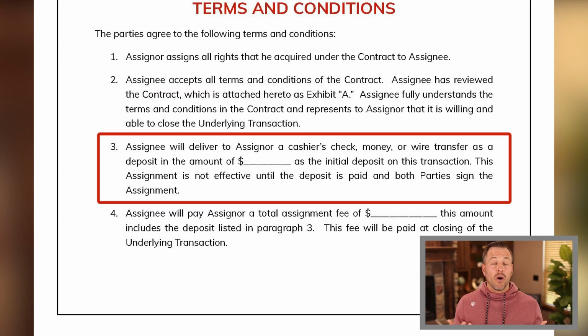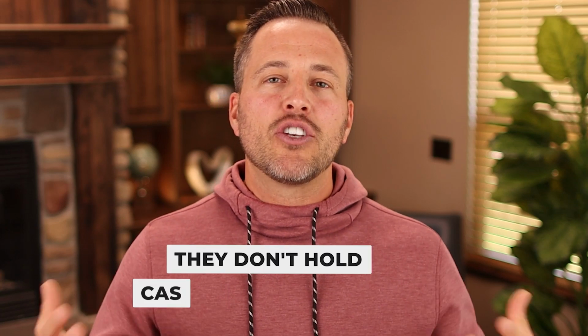Let's skip down to number 3, because this is a big one. This is the one we're talking about that can be a deal killer. This is the one that can kill more deals, and I hear this even from students I talk to all the time. This is the one that can mess up most assignment agreements, and that is they don't hold the